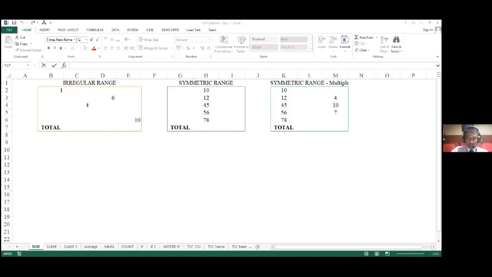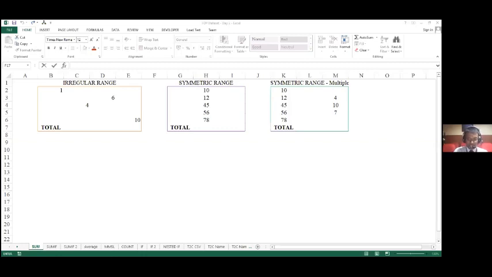Okay. So here in this sheet, I have actually grouped them so that we could learn this together. I have put in an irregular range, a symmetrical range, and then a symmetrical range in multiple series.